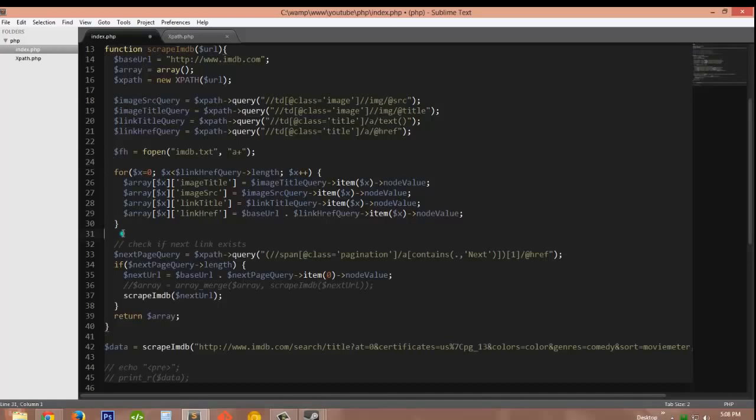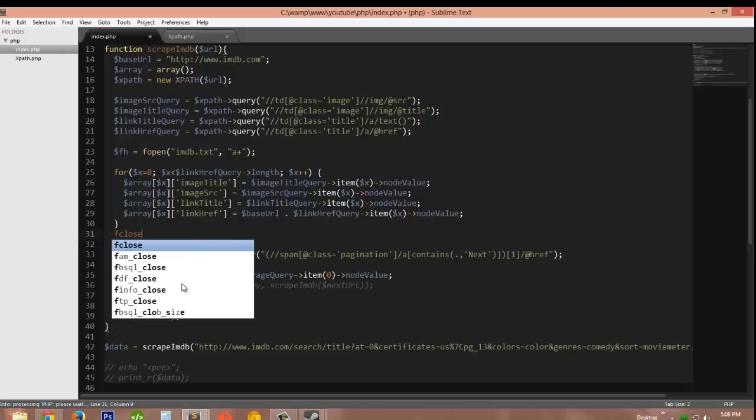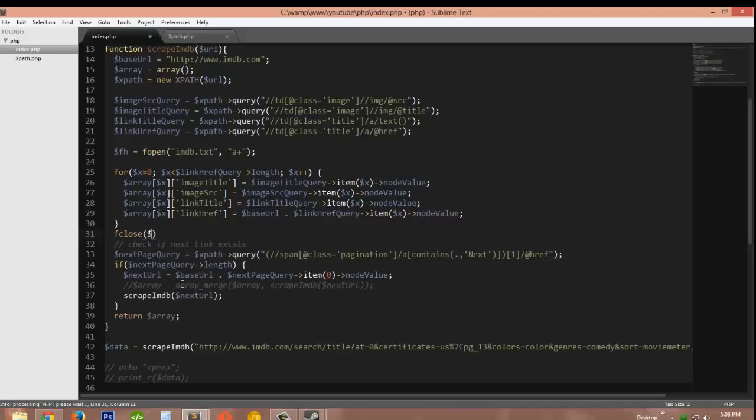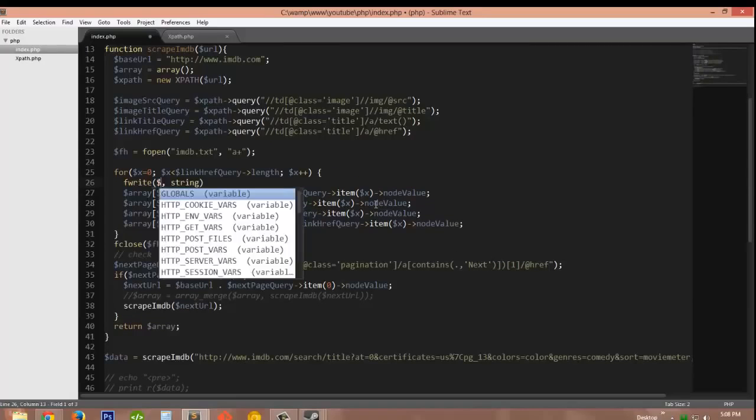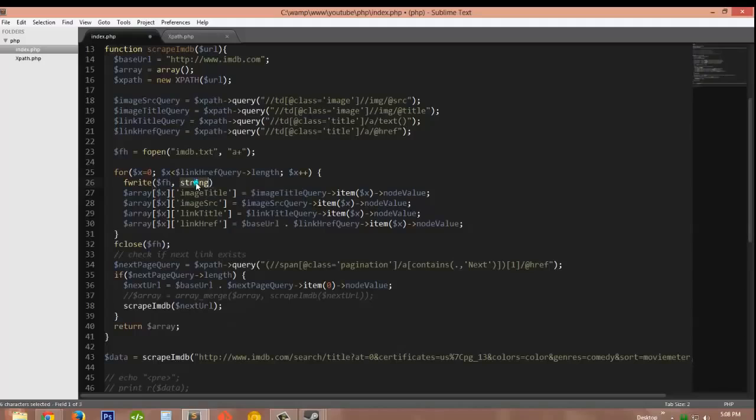And then after this loop, we can just do an fclose after the loop, I think, to close the file handler. And then what we're going to do is write to this file inside of this loop. So we could say fwrite, and then we pass in the handler, and then the string that we're going to want,